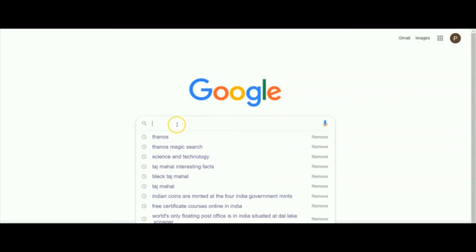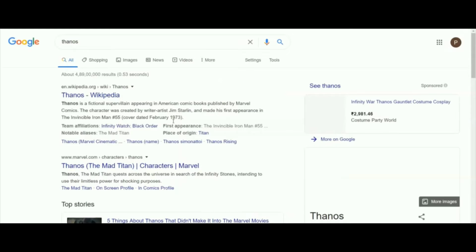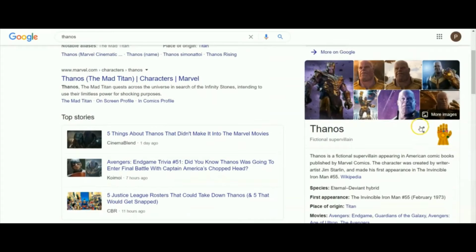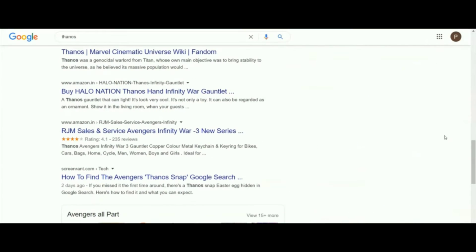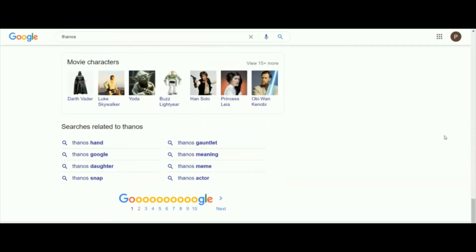Let's see. Go to Google search and type Thanos. The Infinity Stone gauntlet will appear on the right corner of your computer screen. Click on that. The moment you click on the Thanos gauntlet, the magic begins. You will see all the search results slowly fading away.